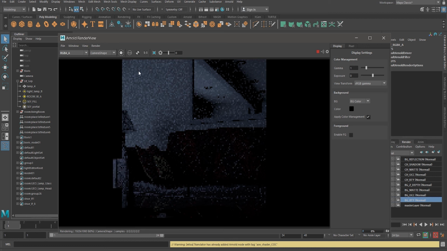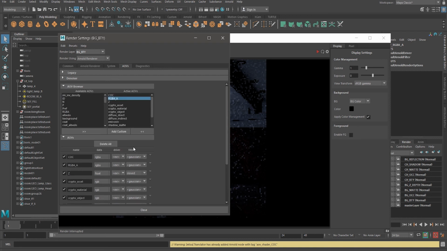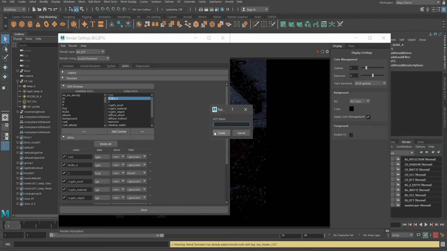Like that, we need to create more custom passes. Click on add custom, and we have to write RGBA underscore the name of the group of the light that you have given. You have to write that group's name.